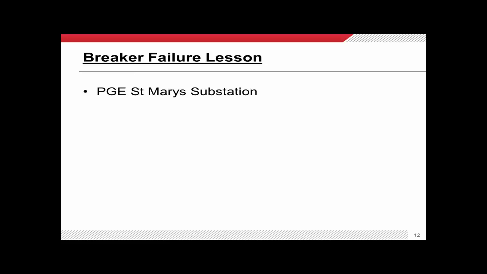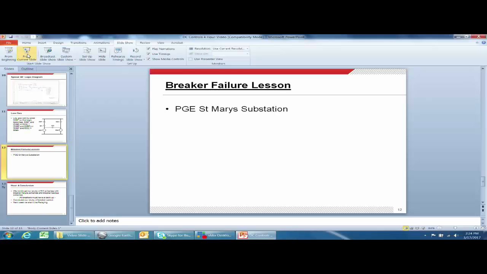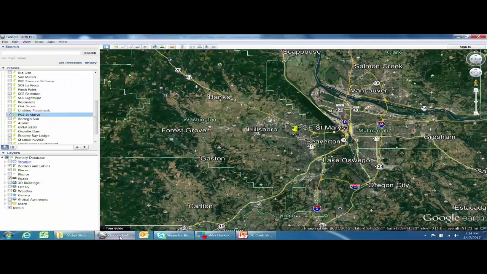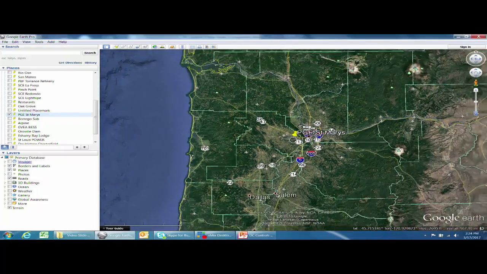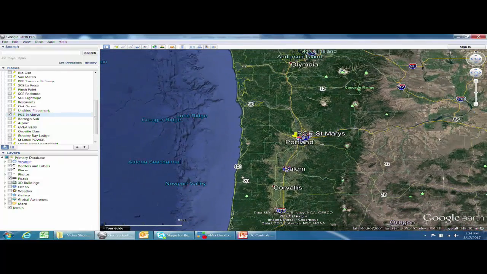All right, I want to conclude this class with a story about a breaker failure incident that happened on one of my projects many, many years ago. And I think there's a lot of value in just passing along stories, particularly ones that really illustrate key principles in our design philosophies. To give it a little geographic context, this is the state of Oregon,